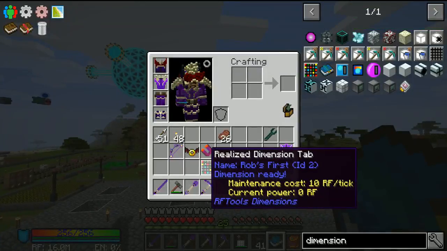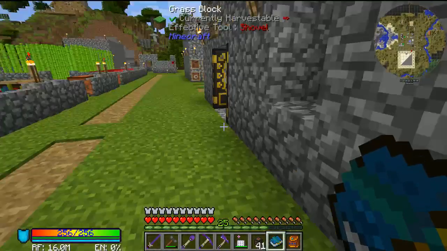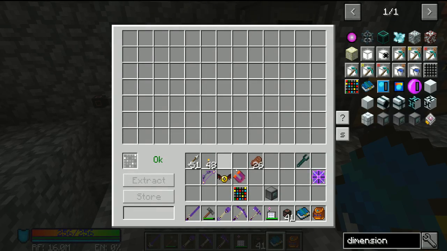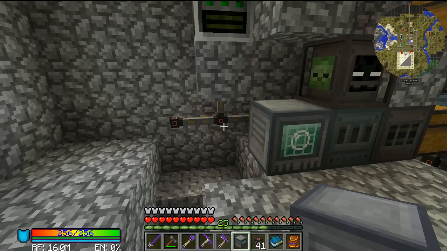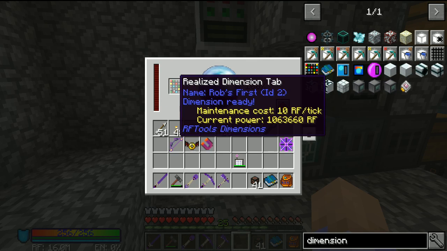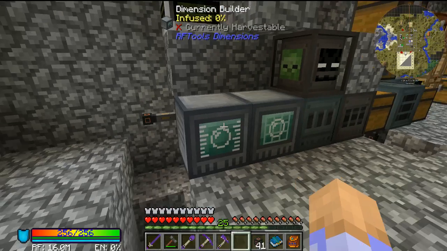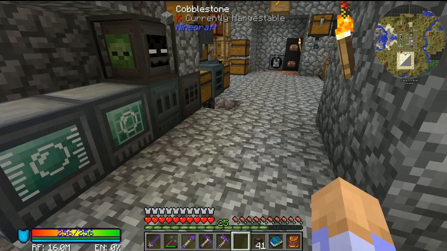Does it tell us how much power we need? Maintenance costs 10 RF a tick. I don't know if we can handle that. That is a lot of power to maintain one little dimension. So, if we then take our builder, let's you right there. Oh, I didn't expect that to pop up. So that's gaining power there. I don't know how much power it will let us build up. I'm not too worried. Now, what we need to do is take a look at...